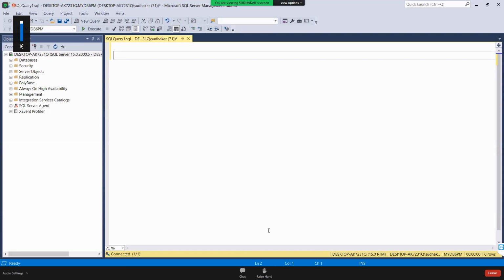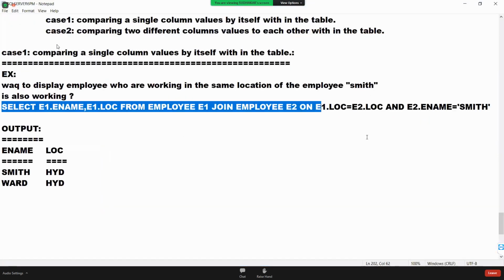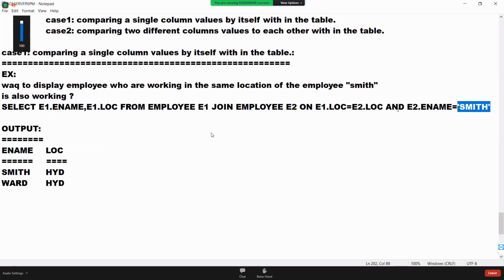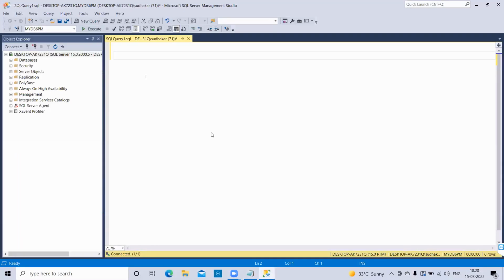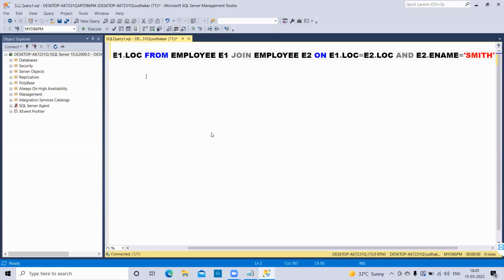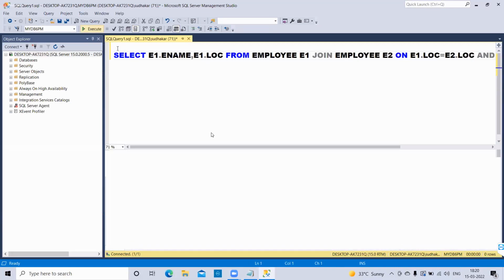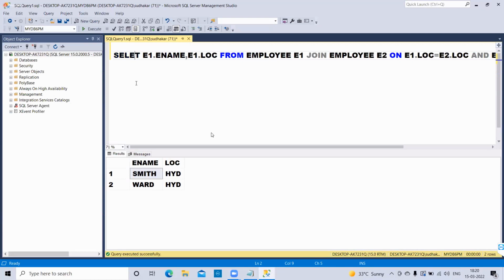So the query we actually wrote in the last session, this is our information query. I just selected this query here. After that, I want to execute this query now. As per the thing, the result will be complete. But before you get this result, first of all, I will go to take out